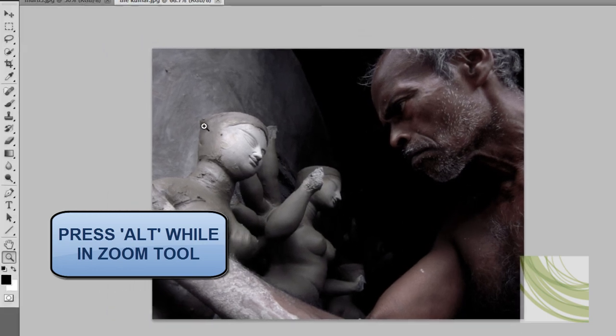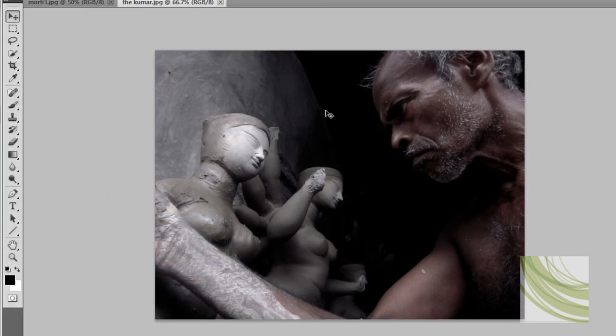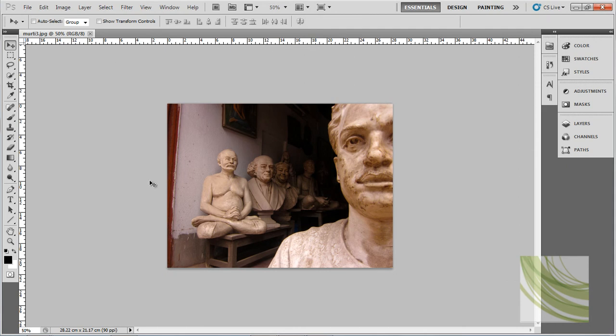The most common tool that you'll be using in Photoshop is the Move tool. We'll talk about it in the next tutorial. So that's it for this particular presentation. In the next tutorial, we'll learn how we can create a document from scratch and what all things we should know before we do that.